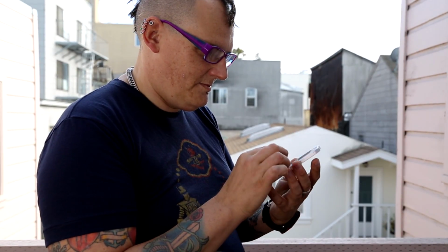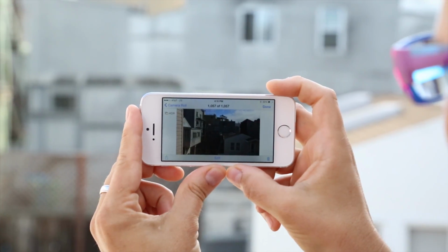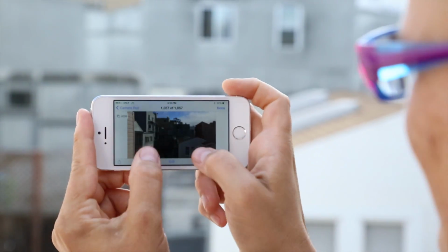The iPhone 5S is an evolution, just like the iPhone 4S was 2 years ago. It's the foundation for a lot of new technology that will soon be standard on all of Apple's devices. While most consumers will be happy with the iPhone 5C, we think the iPhone 5S will appeal to power